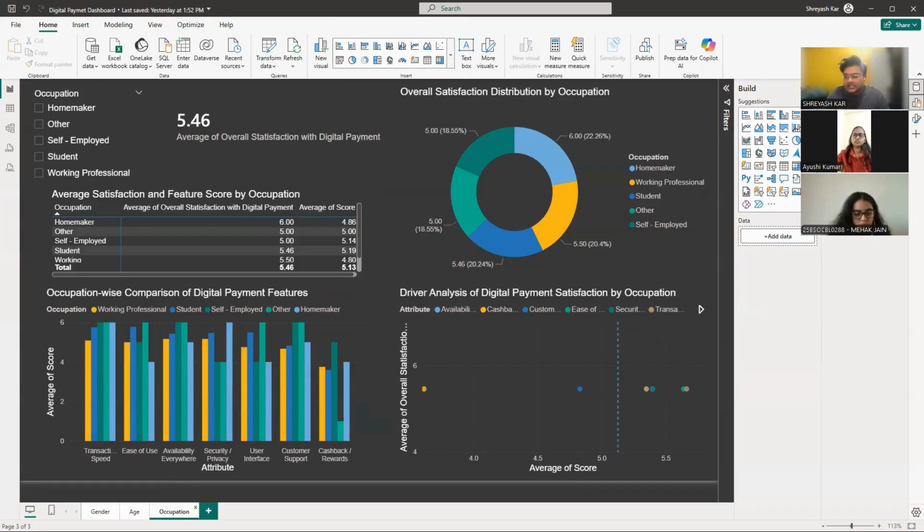This indicates that the digital payment applications are generally well accepted across professions, though there is still scope for improvement. After that, we have our table, and in the table we can see a detailed comparison of overall satisfaction and feature score across occupations. Homemakers report the highest satisfaction, followed by working professionals, while students and self-employed users show moderate satisfaction, reflecting higher expectations